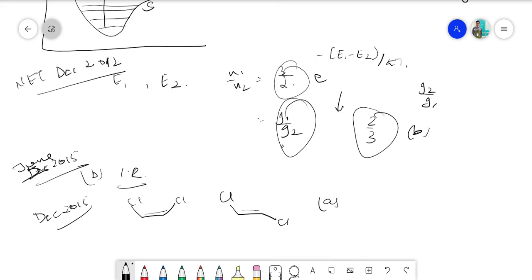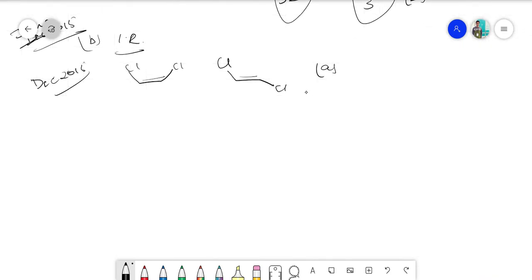What is the next question we have? Nothing in NET. We'll move on to GATE. In GATE we have nothing left. We'll move to TIFR, and a very good question came in TIFR